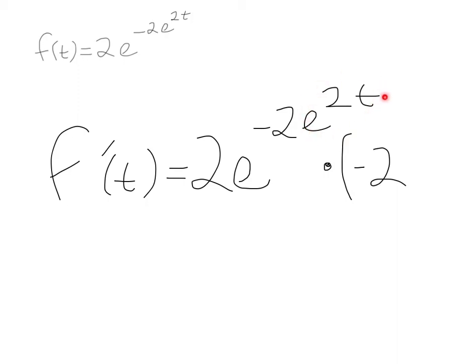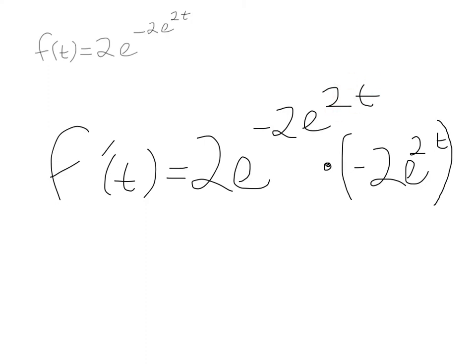So the derivative of e to the 2t is just e to the 2t. So this is going to be 2 times the derivative of e to the 2t, right? But it wasn't just t. Then once again, I have to multiply by the derivative of the equation inside the equation,